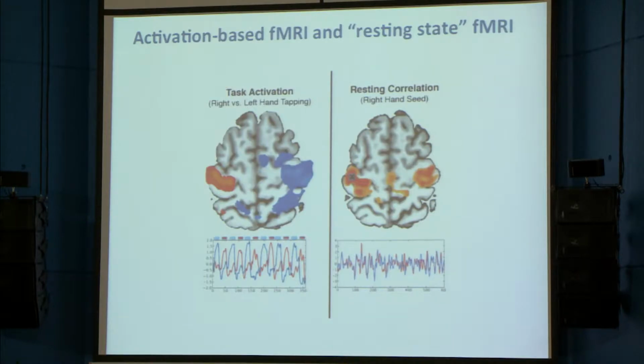So here's just briefly, for those in the room who don't know what resting state is, a very quick introduction. This is a typical task activation fMRI. You have left finger movement in blue, right finger movement in red. This is switched. And you can actually see that they're anti-correlated, and they show strong activation with the task.